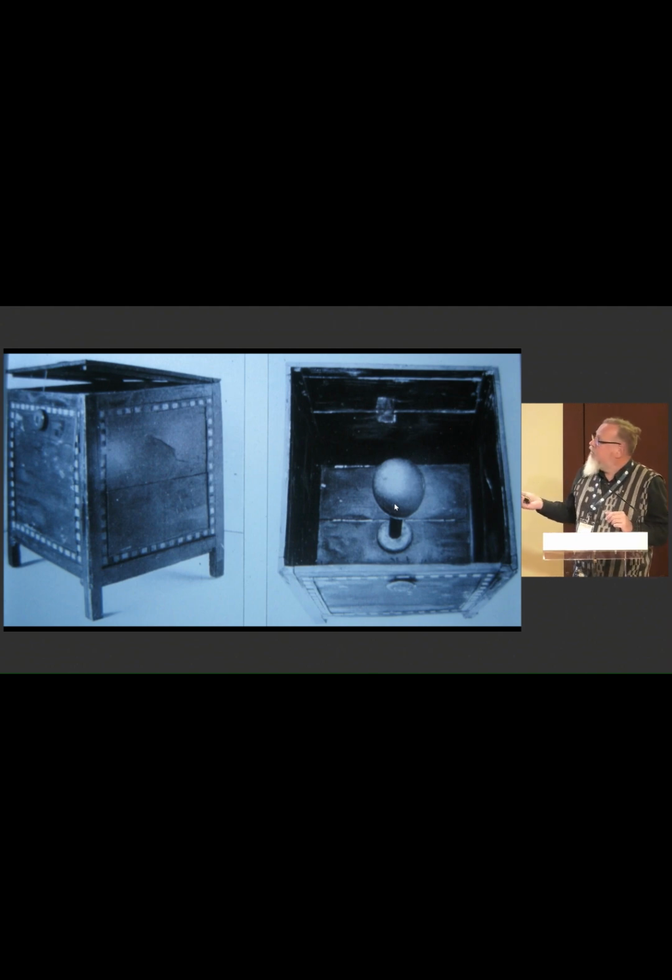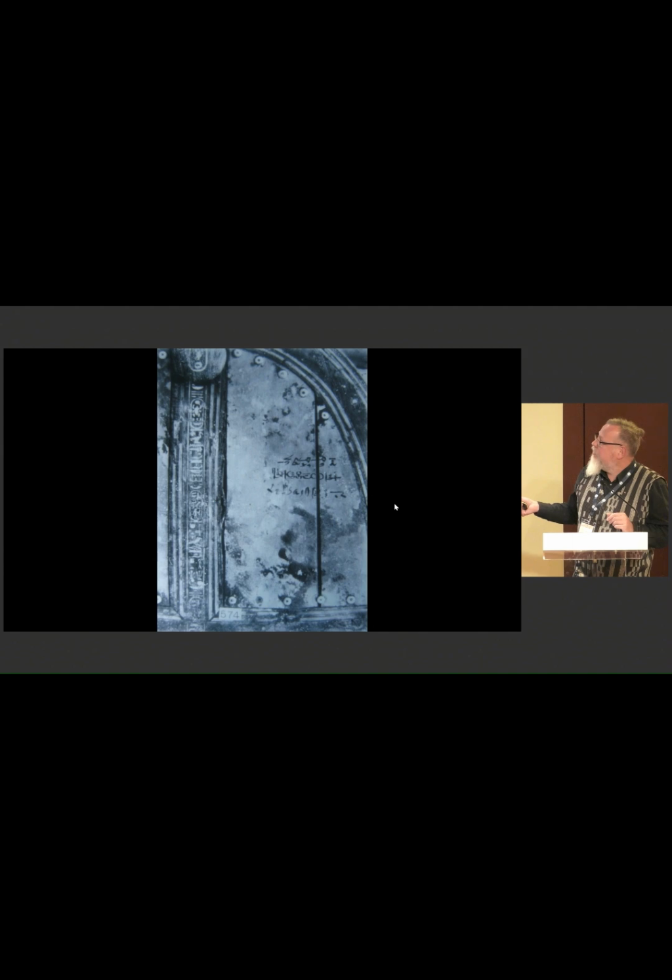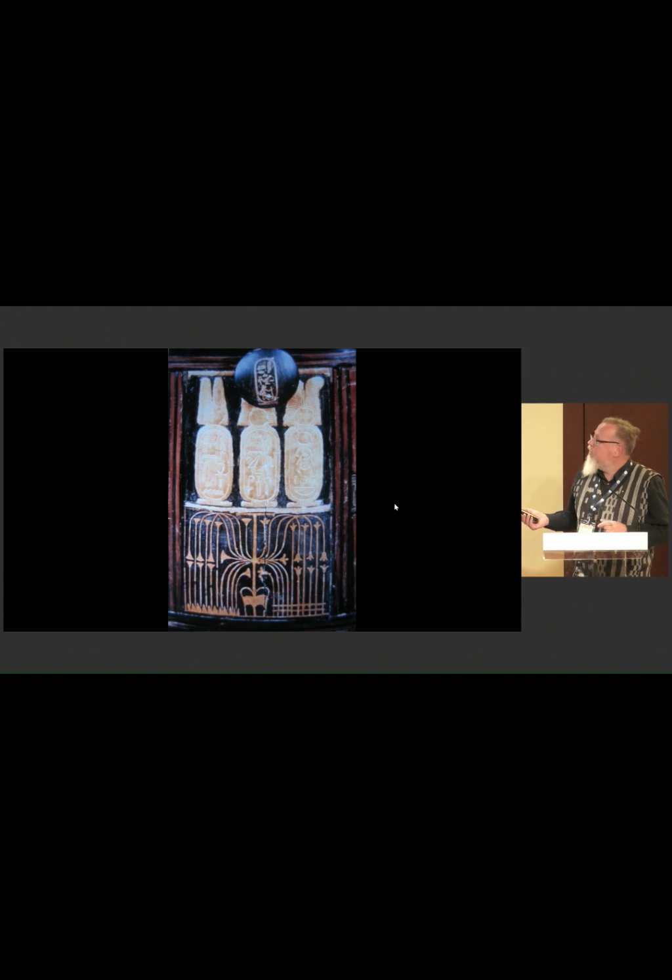Unfortunately, the docket on this lid you can't read very well, but just to give you an impression of how these dockets look, I took the semi-round box as an example. It always says something, which I will quote from a different box. By the way, this round box, as we all know, has been